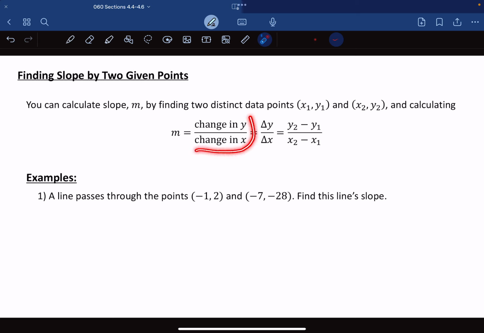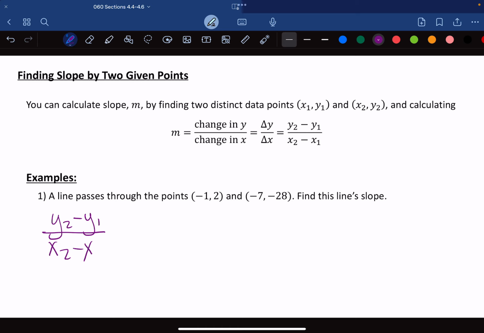So we can do it with a graph when we are looking for just the changes that are happening. We can do it from a table, which we looked at in other videos, using rate of change, knowing rate of change is slope. But we can also do that with a formula given 2 points. When we have 2 points, if we identify one of the points as point 1, and then we identify the other point as point 2, we can plug them into this formula and solve